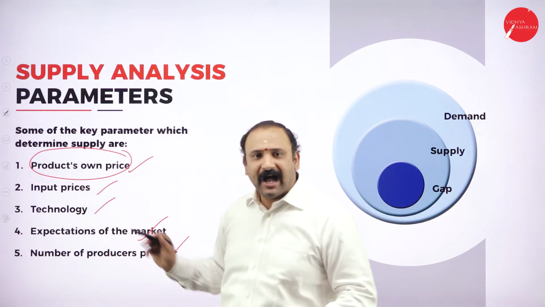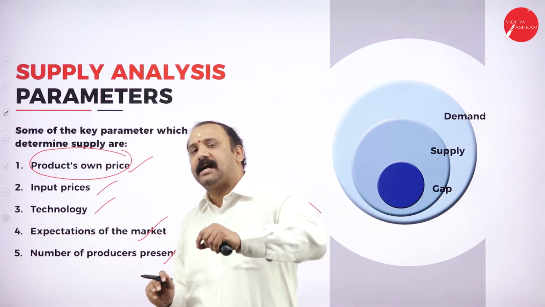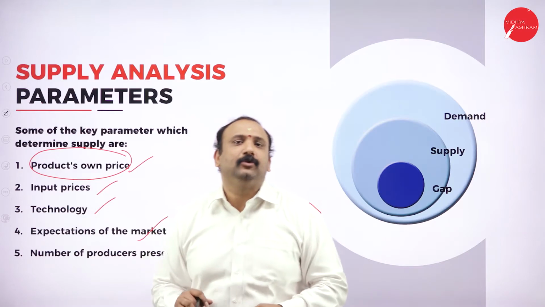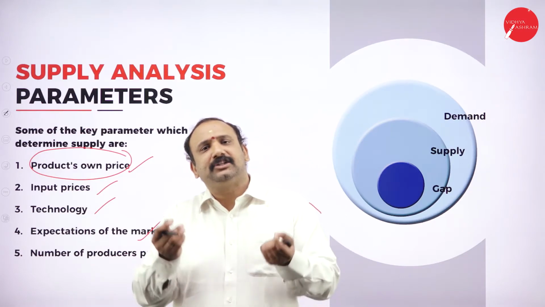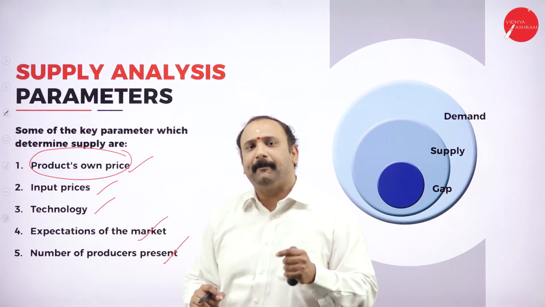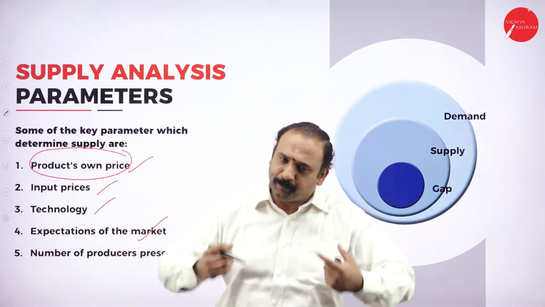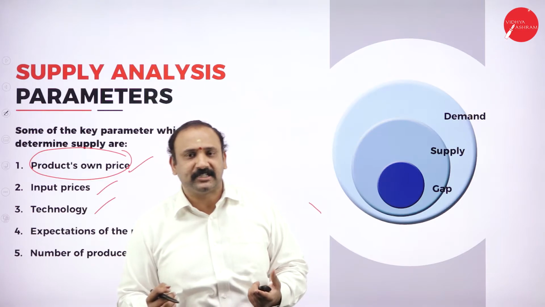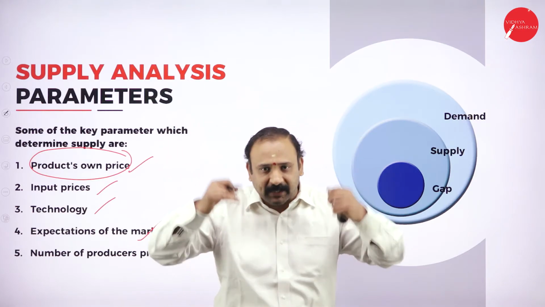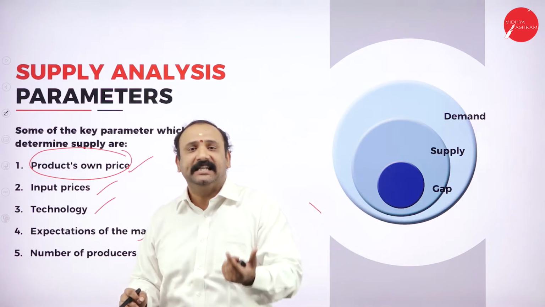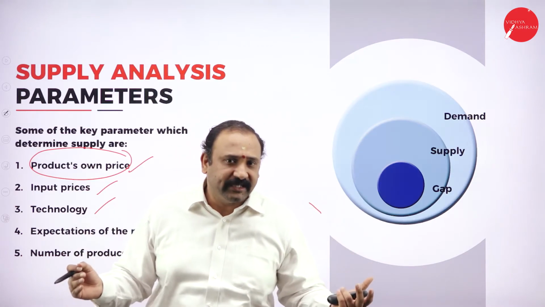But then the product's own price. Now for Maggi, until EP noodles started coming into the market or some other local players started coming into the market, Maggi had its own pricing phenomenon. If Maggi says that a packet is available for 5 rupees, yes. 50 rupees, yes. Or 500 rupees also, yes. Why? Because people accepted Maggi as what it is. That's it. People never wanted to go and challenge it, or people never had any other alternatives at all.